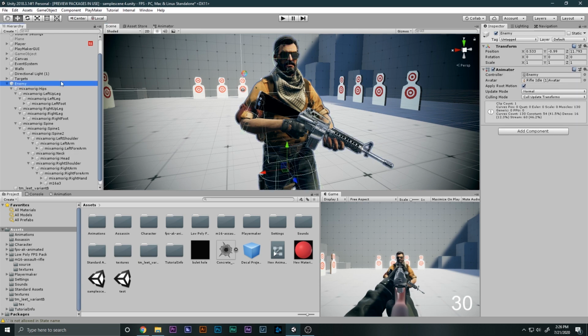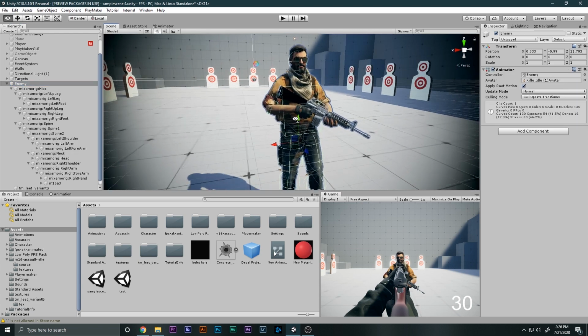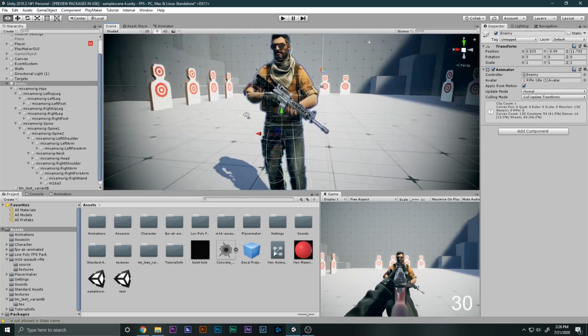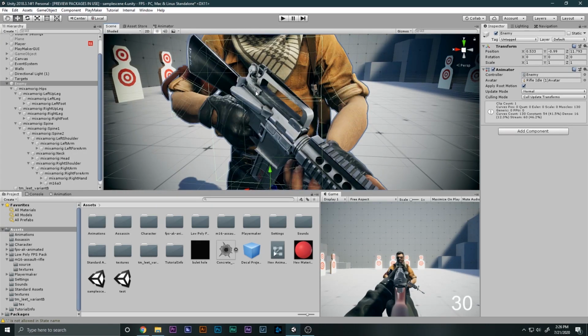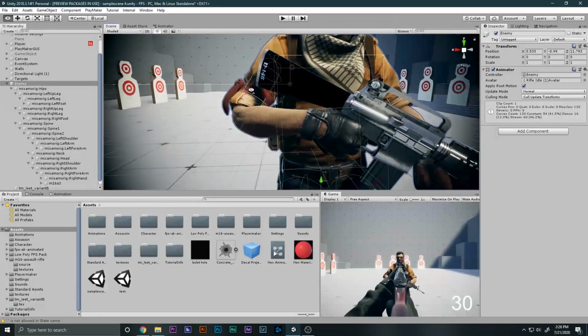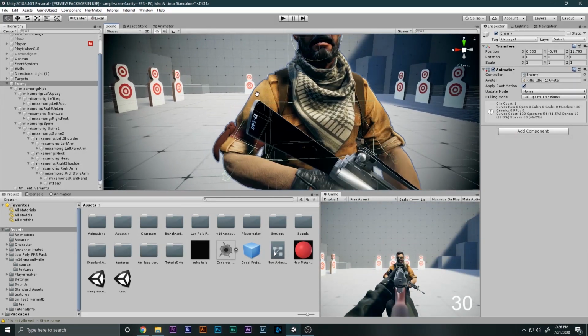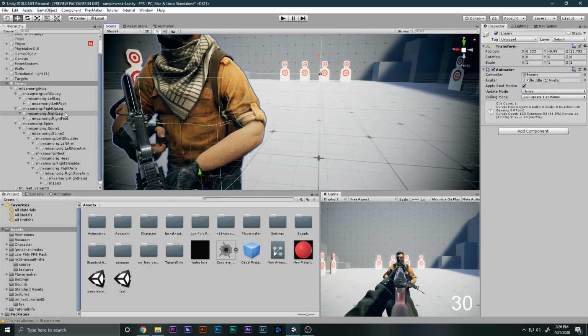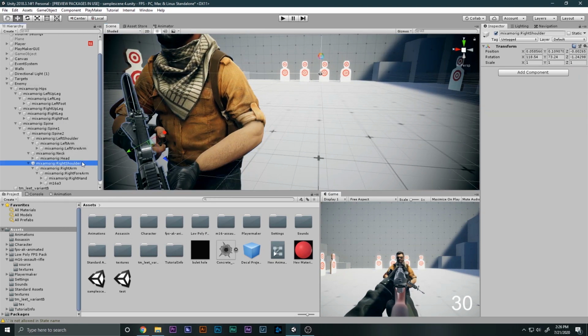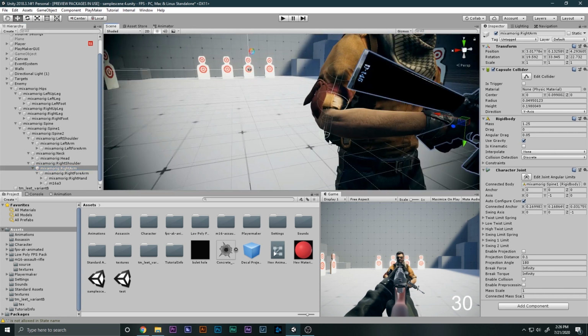Now if I select the enemy, you will see that we have something going on over here, which looks really cool. As you can see, he has the legs and all that, but there may be some problem over here. As you can see in the arms, there is a little problem, so I'm going to go to the arms and fix them real quick. So if I go to the right arm, as you can see,